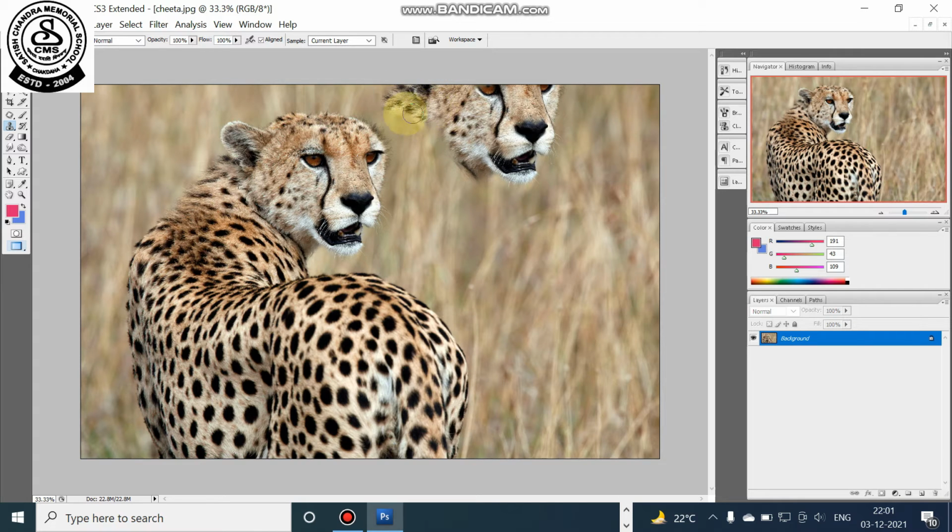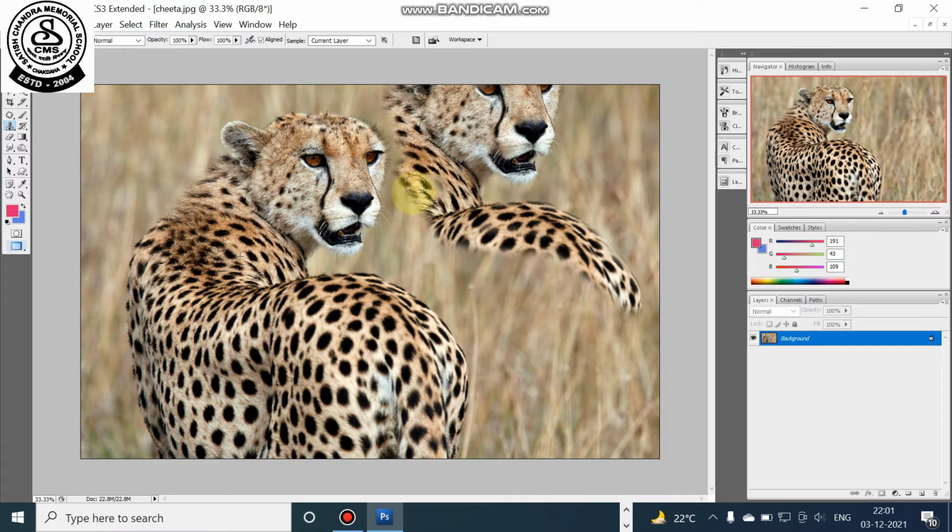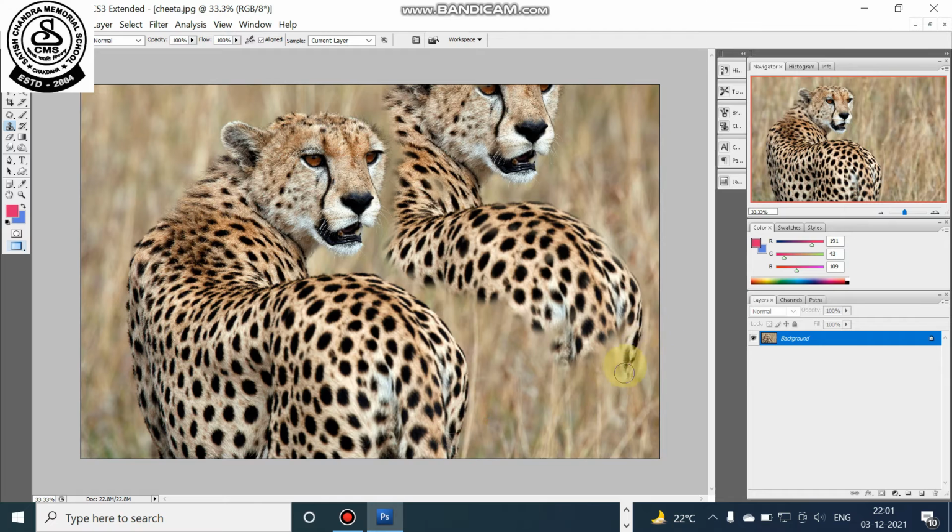So you can see very easily that you try to clone a part of the cheetah picture, and that is gradually coming in one part of the image. You can take it that two cheetahs are there in the jungle, and they are looking back. Like this you can change the entire image.